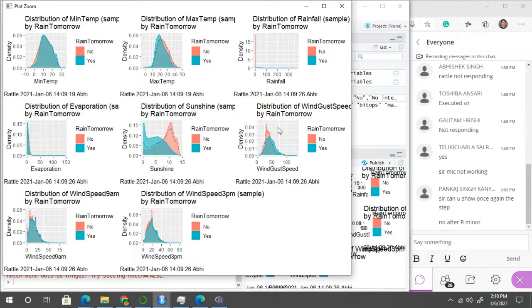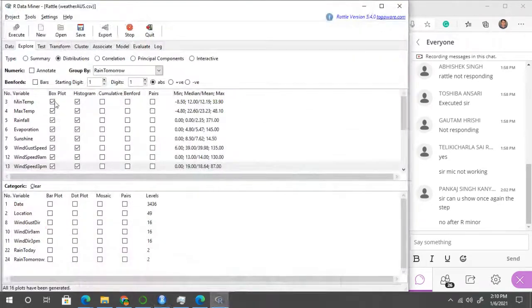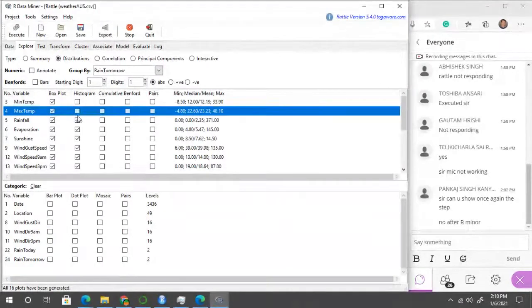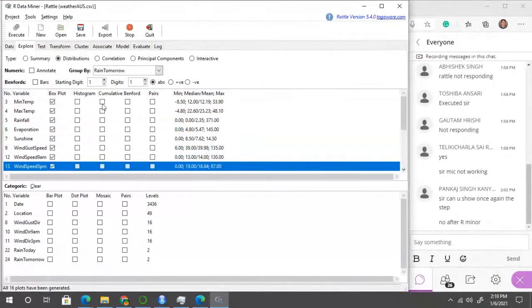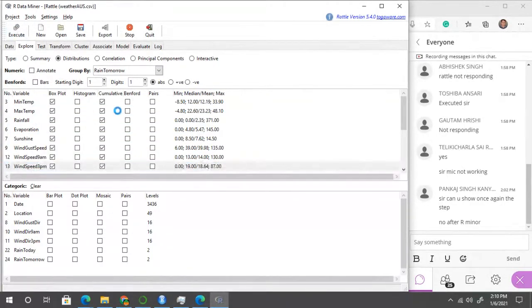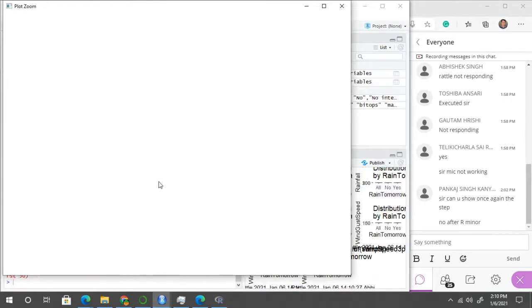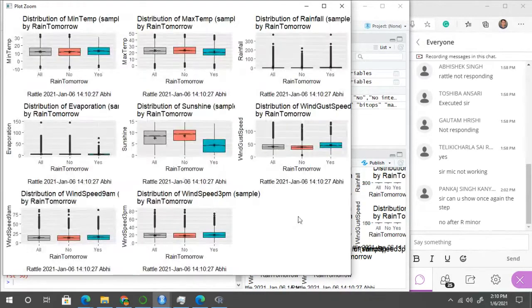You can see all these graphs are represented with the help of this particular zoom area. With the help of this you can create a cumulative graph also. So if you don't want histogram, you can use the cumulative option and execute it. When you execute it in the R platform, you will see the output. When you click on the zoom option, it will show you the output right here. It will take some time. So yes, this is the next plot.